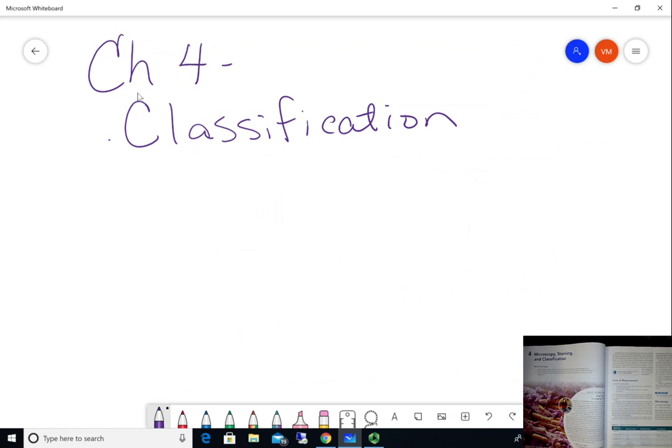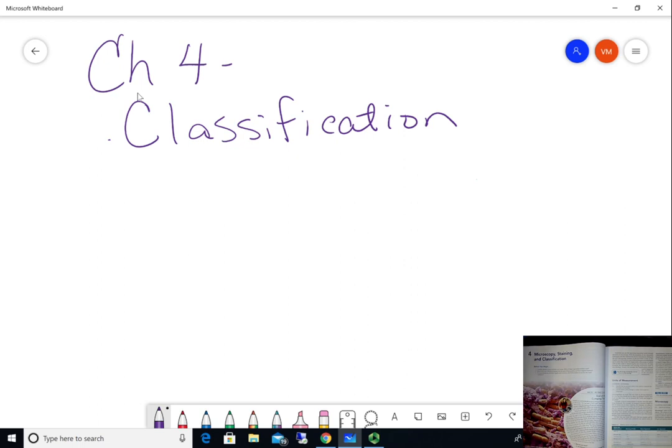Okay, so this lesson will be over chapter 4, primarily chapter 4. If you remember with chapter 1, I skipped over a few pages that concerned classification because I wanted to start off in chapter 4 focusing on classification and also talking about staining. Now for microscopy,